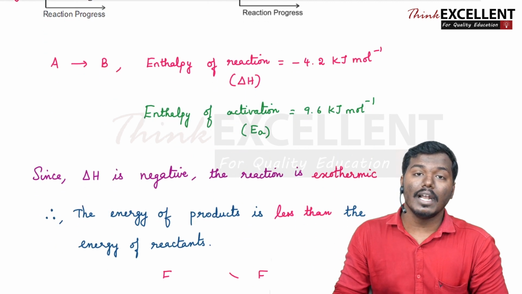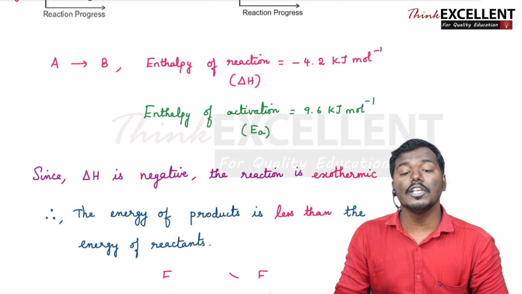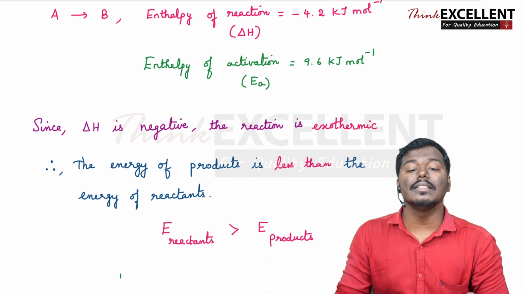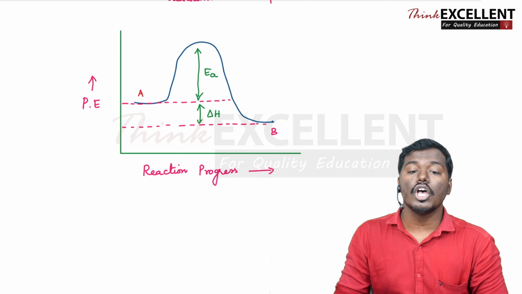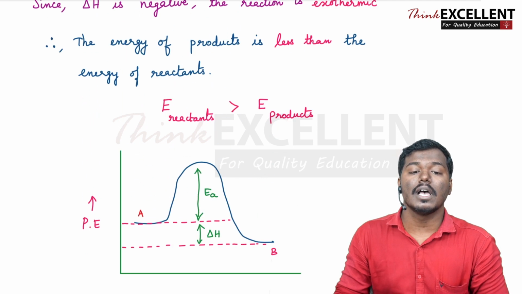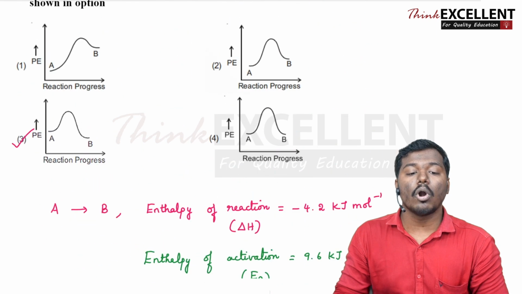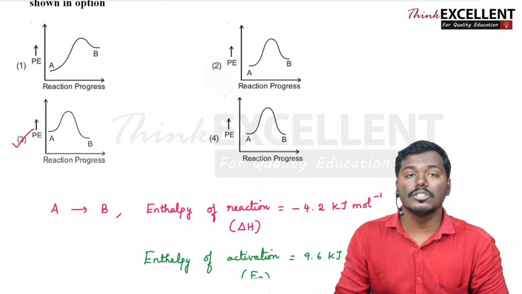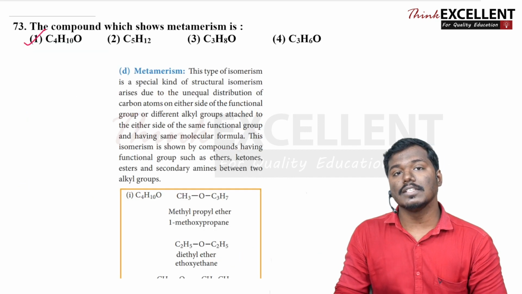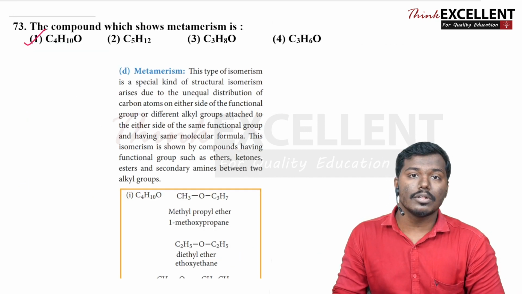So whenever the delta H is negative you can always note that the energy of the products it is always less than the energy of the reactants. So graph la pathina the energy of the products will always be less. Appo third graph la parunga product B it is having the lesser energy, so it is the correct option. Okay. So when you take question number 73 we can see that it is asked from the general concepts of